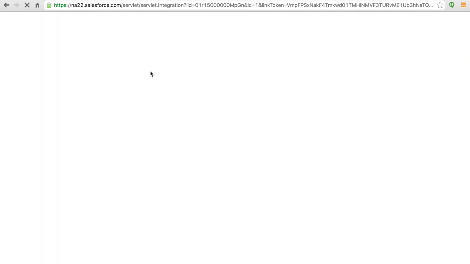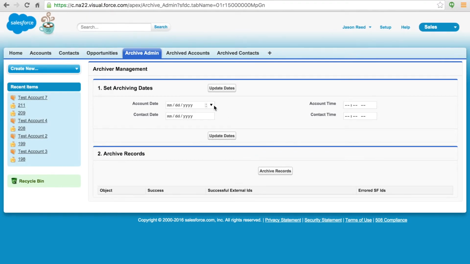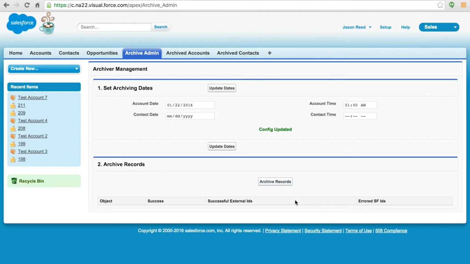And then the one other thing we created was a sort of bulk loader, because that only does things one at a time. A lot of times people might want to archive a bunch of objects at once. So what you can do here is set the dates as to when you want to start archiving objects. This will look at the last updated date. So any objects not touched after the last updated date defined here will get archived. If we set a date in the future, all accounts will then get archived. So then if I go ahead and click Archive Records,